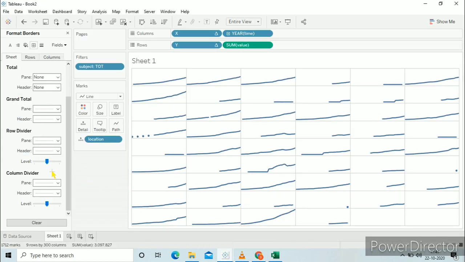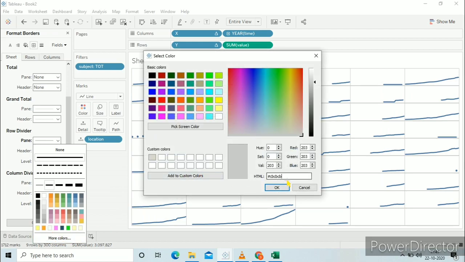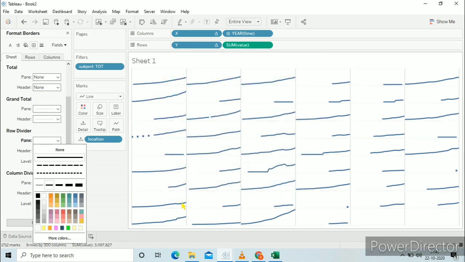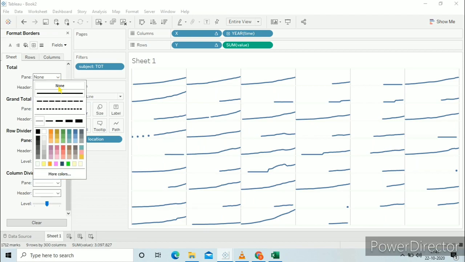We'll copy it and in row divider select the second line. In here write the HTML code F7FFF6. Do the similar thing for column divider.